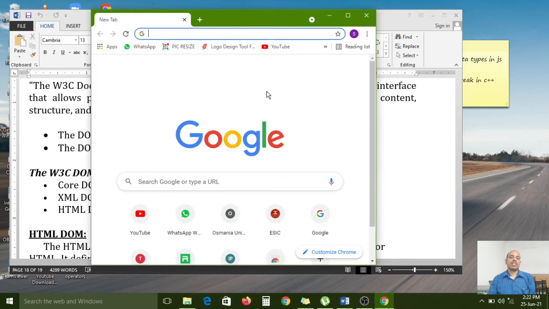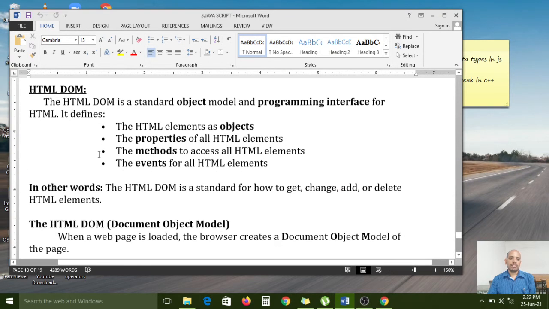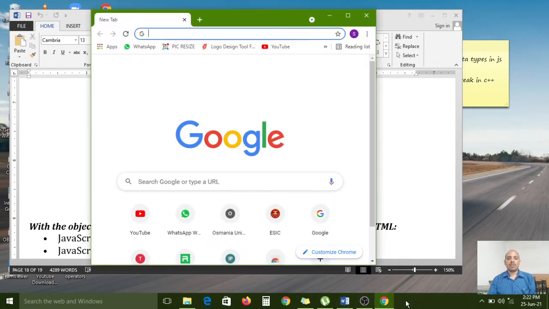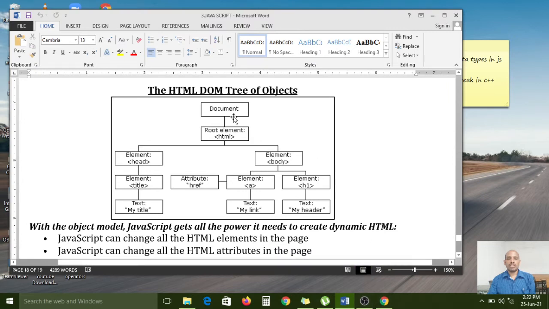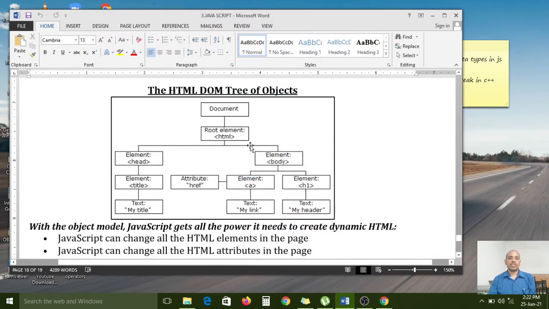So in this model, if you want to use any documents or any elements, for example, if you write a program in this document, how will it take the program? First, the root element. In the root element we have the head element, the head section, and the body section. This complete web document contains how many sections? Two sections. The first is the head section and the second is the body section. So it is divided into a tree format with two sections.